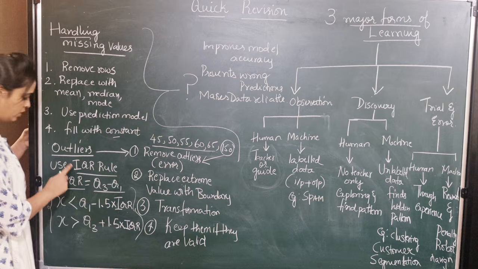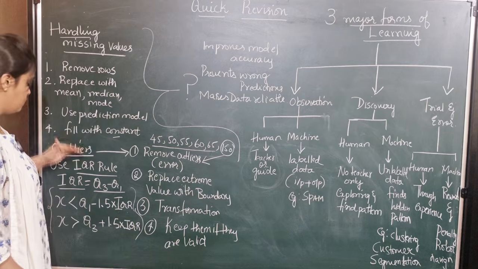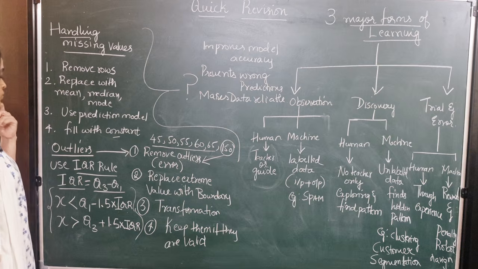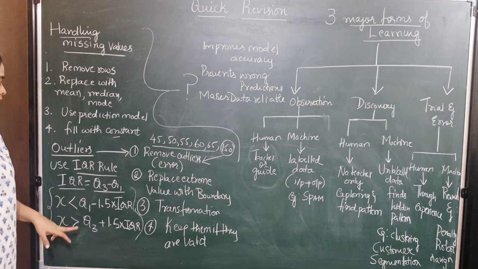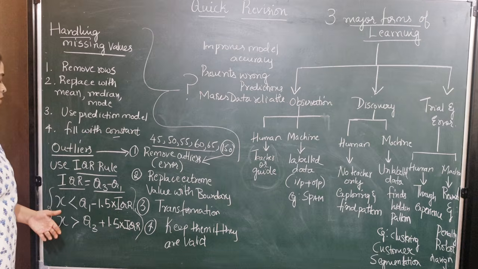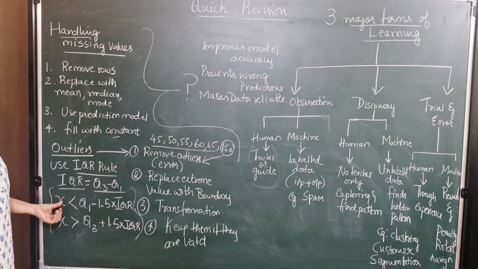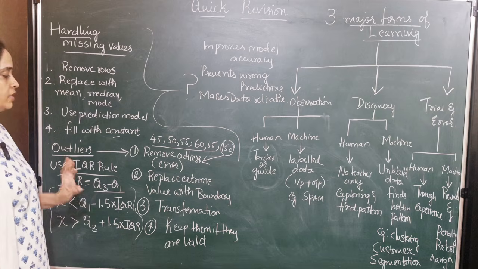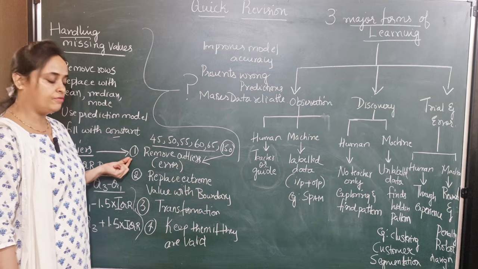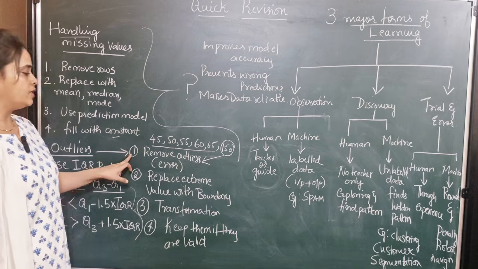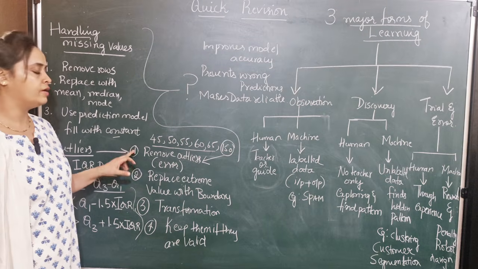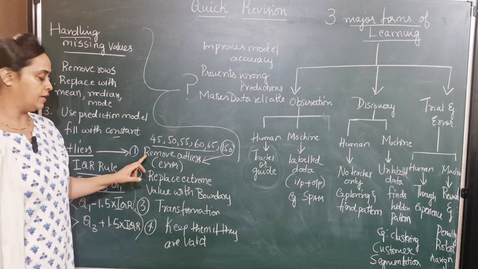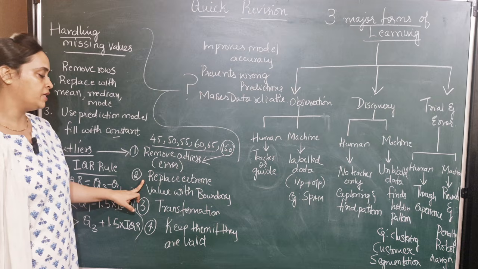I will explain what these formulas indicate while explaining the problem that deals with outliers. We should know the formula of IQR, Q3 minus Q1, which is based on the statistics measure for the given data set, and these are the two formulas where we can identify whether an outlier is present in the given data set. To handle the outlier, we have four different options. One is to remove the outlier only if it is an error. In such cases, you can remove that outlier, or replace that particular value with the boundary.